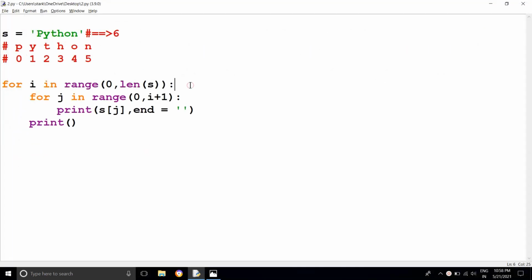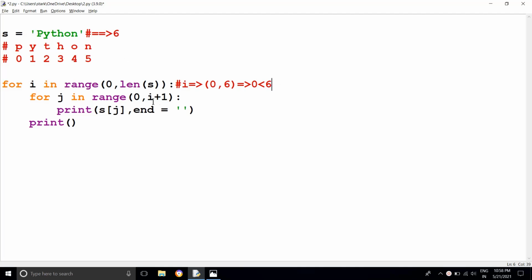For that purpose, the i loop is going to start like this, right? We're having 0 to length of s, so now we're having 0 to 6. How many possibilities are we having here? We are having 6 possibilities. The first one: is 0 less than 6?